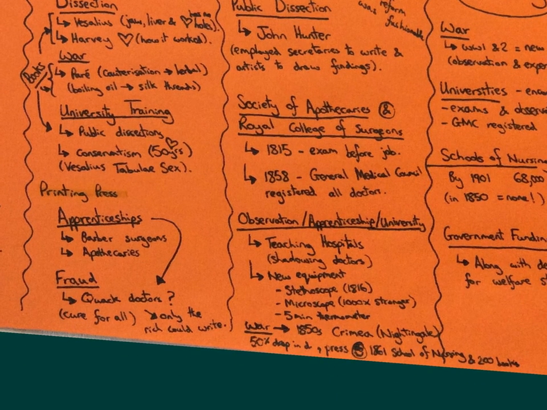We see the continuation as well of observation, apprenticeships and university training. So that's a big change, but there are slight changes to it. For example, there were teaching hospitals, so there's a real emphasis put on shadowing doctors with experience in the industrial period, and they're meant to be set up to teach and to give opportunities for student doctors to learn. We see new equipment, meaning that training is going to be more high-tech and based around new technologies, and the more doctors that were trained with these new technologies, the more new discoveries would be made and then more people would be saved.